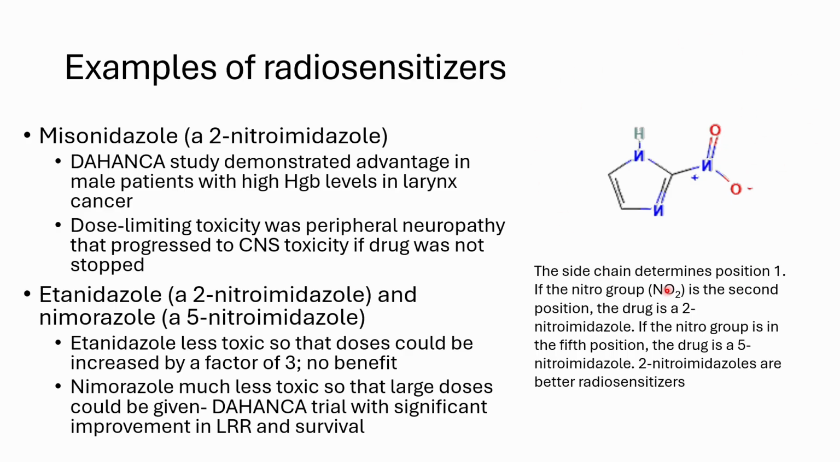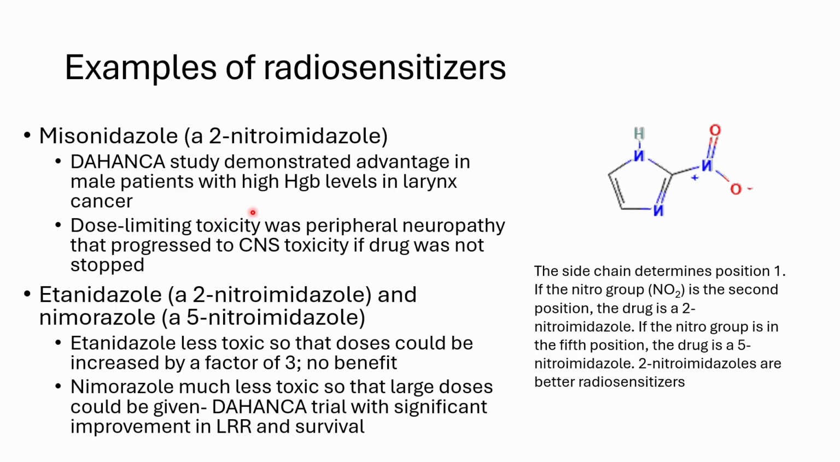So this is a nitroimidazole. Okay, and the side chain here is just as basic as it could be. It's a hydrogen. Okay, so the side chain determines position 1. And if the nitro group is in the second position, then the drug is a 2-nitroimidazole. If the nitro group's in the fifth position, the drug is a 5-nitroimidazole. And just in general, 2-nitroimidazoles are better radiosensitizers. So misonidazole is a 2-nitroimidazole, and there was a Giaccia study that demonstrated an advantage in male patients with high